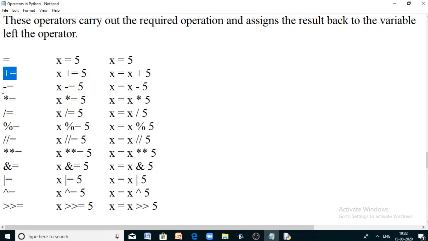Plus is equal to, minus is equal to, star is equal to, slash is equal to, right? So what is x plus is equal to 5? It's equal to x equal to x plus 5. Instead of writing x equal to x plus 5, you can write in short form x plus is equal to 5, right?